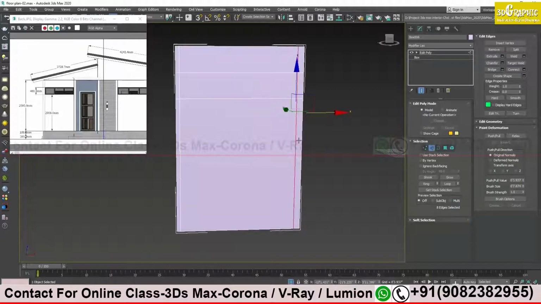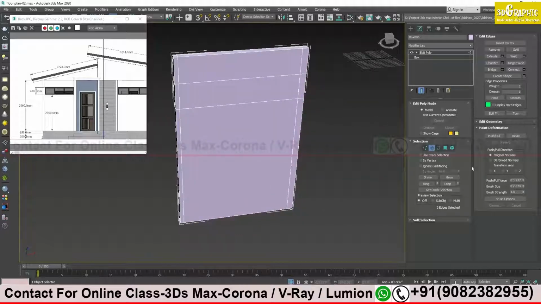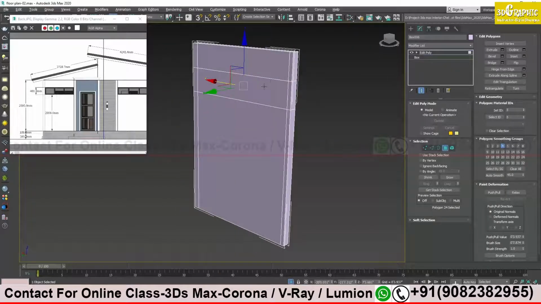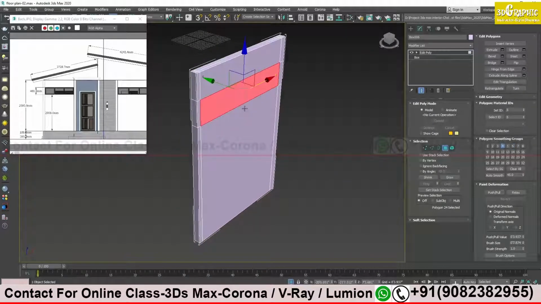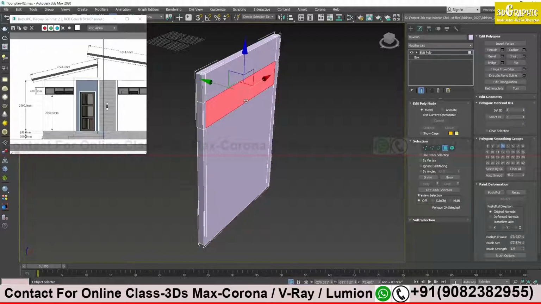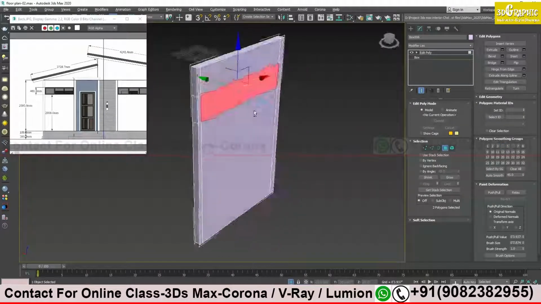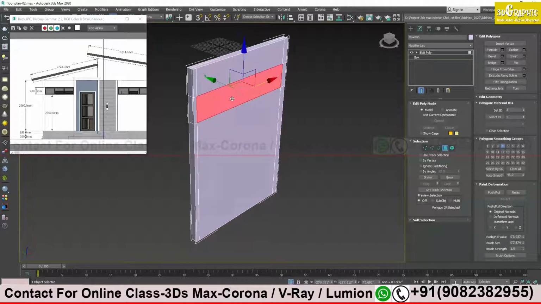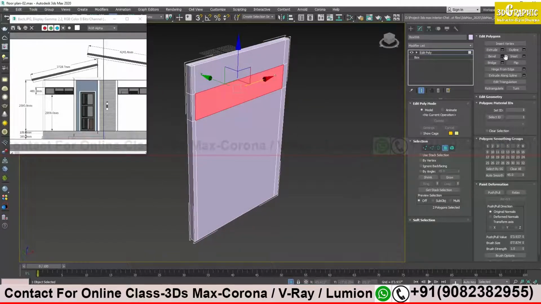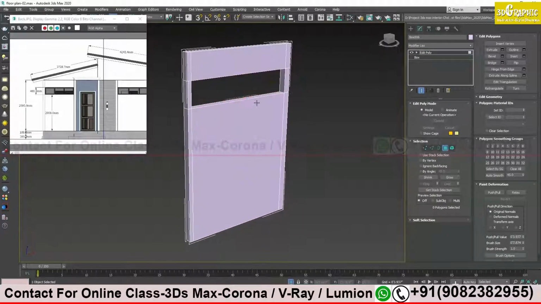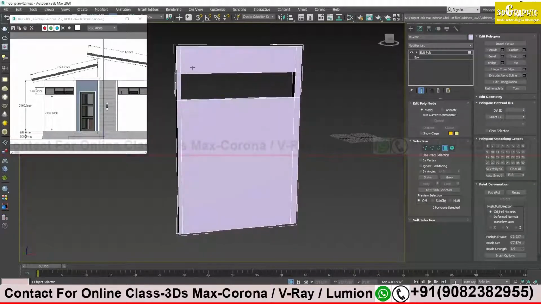Okay, for my right wall, suppose this is the area of my wall, no? This one I left for the area of my wall. Now at the center, this is my window area. In your case, if you click shift, you are extruding it out. So don't extrude like that, you just simply create a window over here. Just click the front and the back portion, go over here on the right side and bridge it out. Just do like that, and after doing that you create a glass.